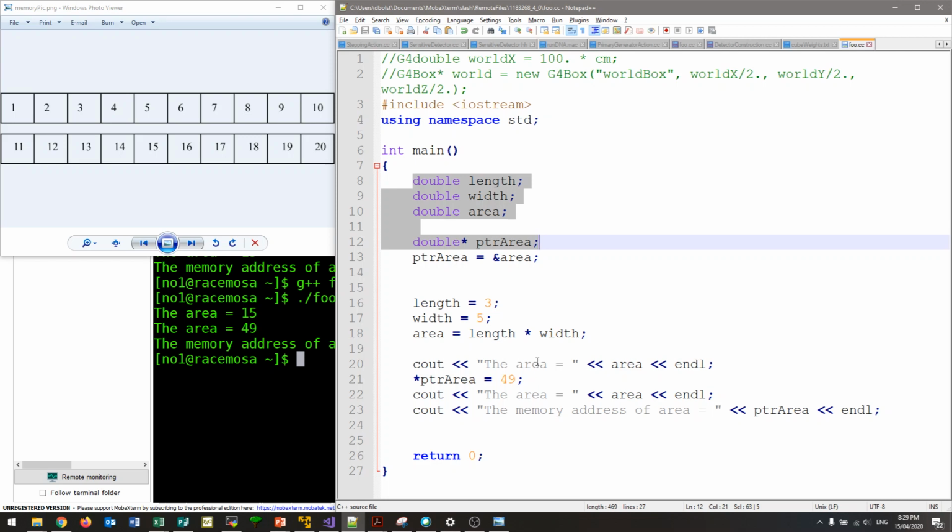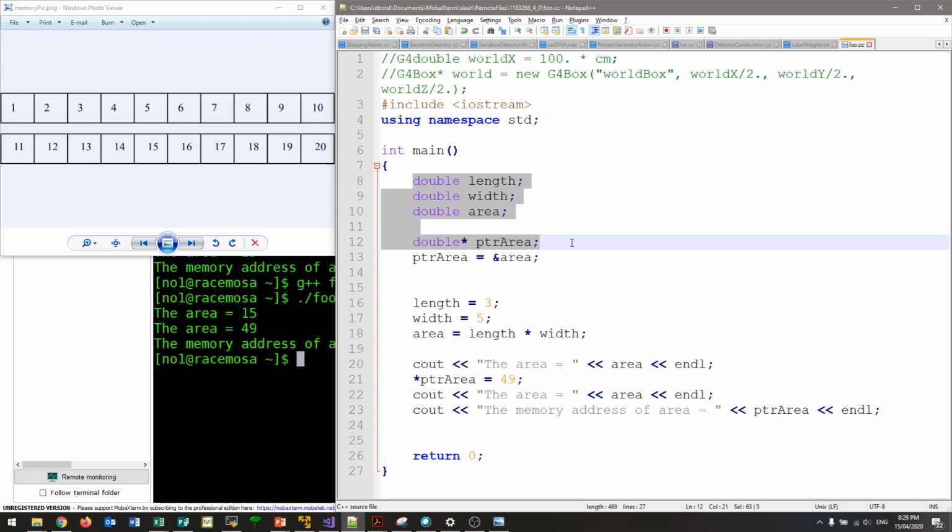Or in a more everyday scenario, let's say you're loading some database file, but you didn't know how many entries were in that database file, so you allocate a lot of memory for the program to use